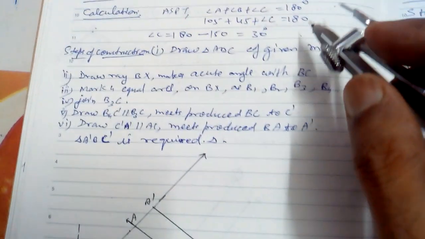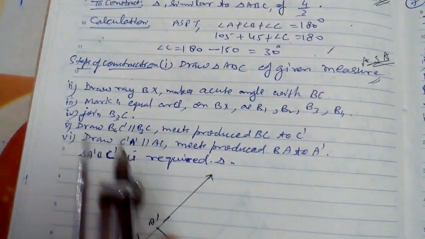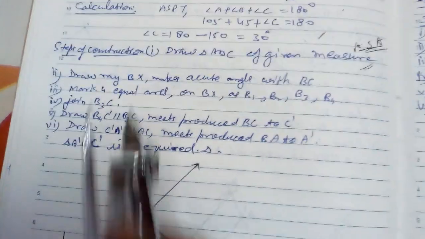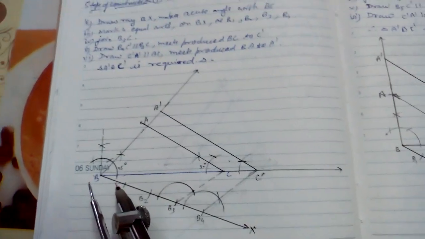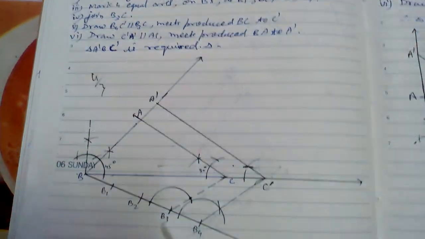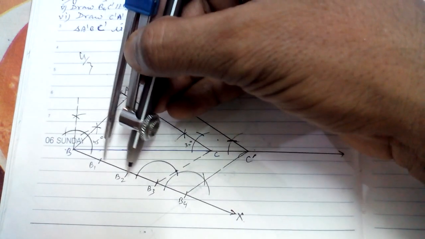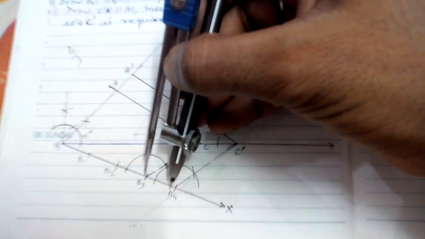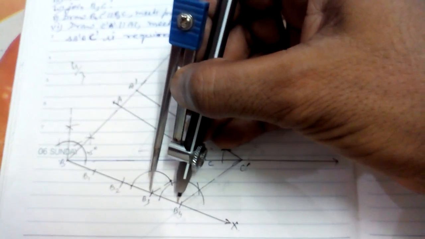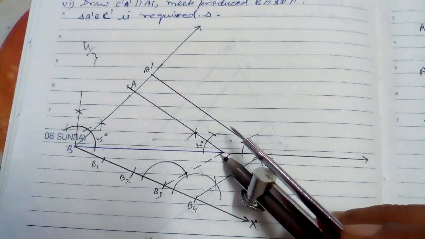It is included in the first step that you have written. Included all the things. Draw ray BX. On BX, what is your construction? 4/3. You want to draw 4/3. So out of 4 and 3, 4 is greater, so we will divide into 4 equal parts by the same process. Taking this, then this, then this, then this. After 4 parts, what is the denominator? 3. From 3, B3, join the end point.